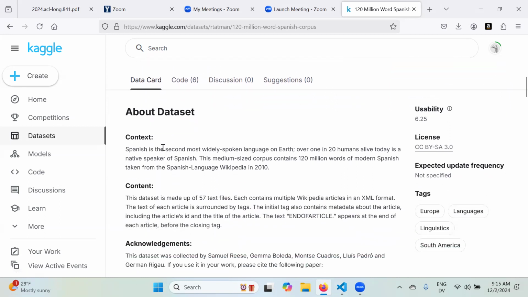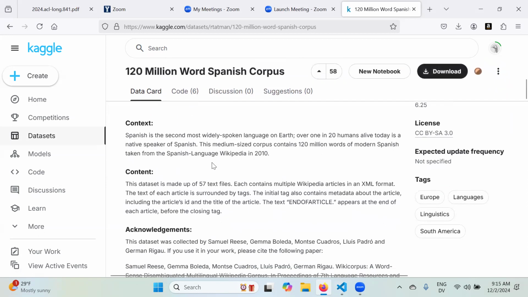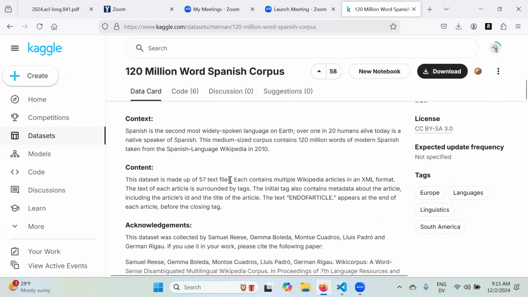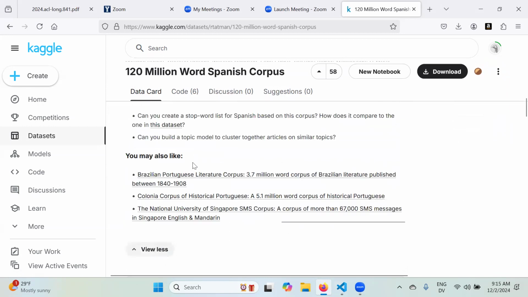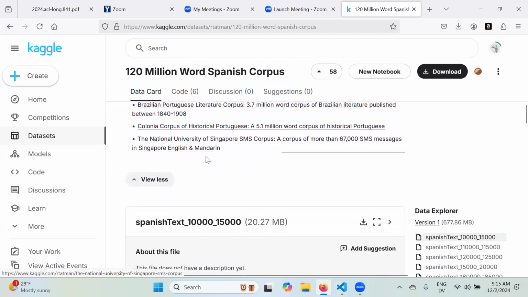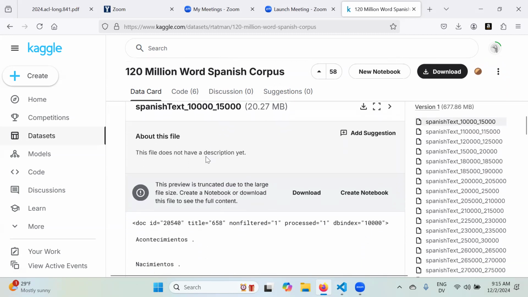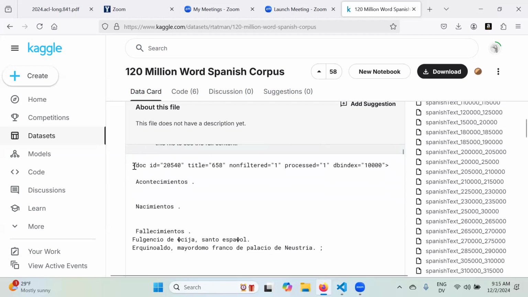So let's see. This is Spanish, the second most widely spoken language on Earth. Just some basic information. So it's going to be 57 text files. They're in XML format according to this content. We can view some more of that. It has some other datasets that you might be interested in that are similar to this one. And if we scroll all the way down, we actually get a little sample of what this dataset is going to look like. So sure enough, we have an XML tag